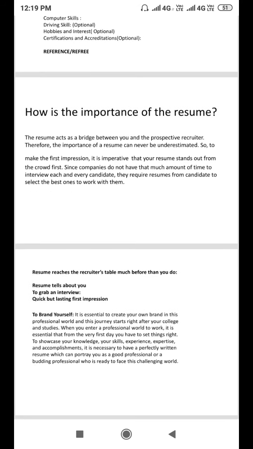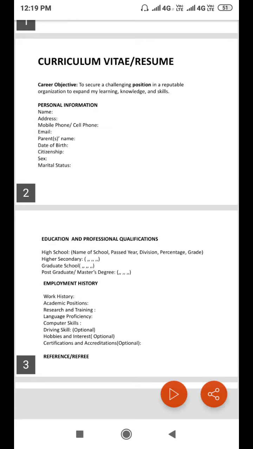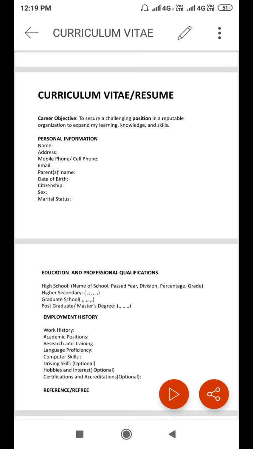We talked about the components, what are the parts of curriculum vitae or biodata. So first thing that you can write is biodata or resume or curriculum vitae. Generally curriculum vitae, CV also it is written, okay, short form. And biodata is the American way of saying curriculum vitae or resume.